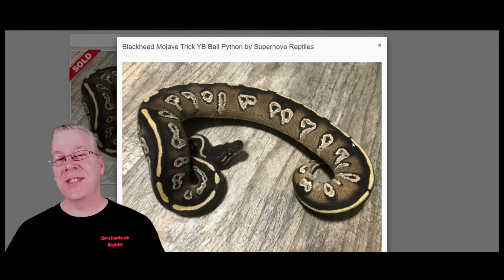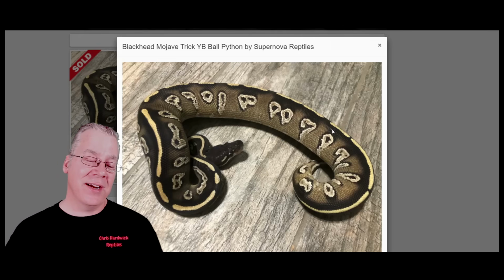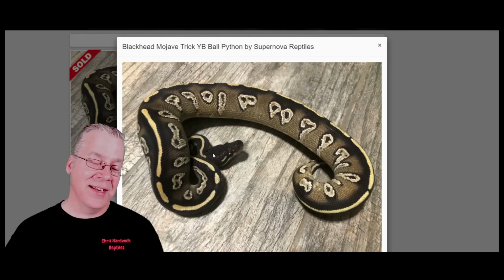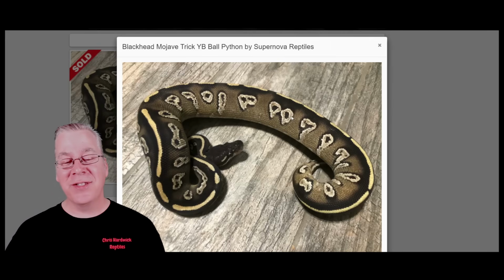I don't have any dark genes, and if I was to pick just one dark gene out of all of them, it would probably be the blackhead. And look at how dark the head is on this, almost as dark. I'd say it's darker than the darkest version of the Bazinga. And it's pretty interesting how all the patterns are really reduced. You can kind of see the Mojave, you get these little floating patterns,